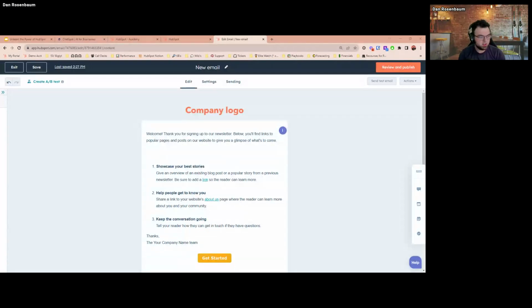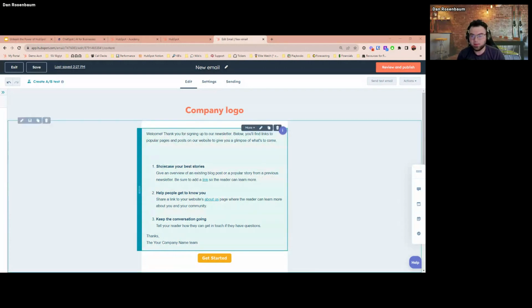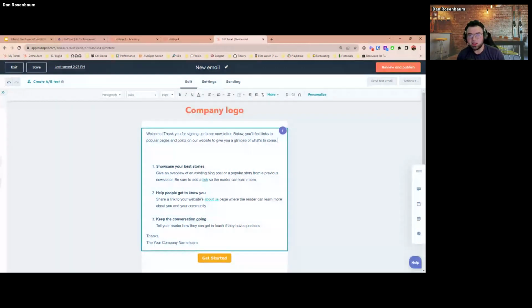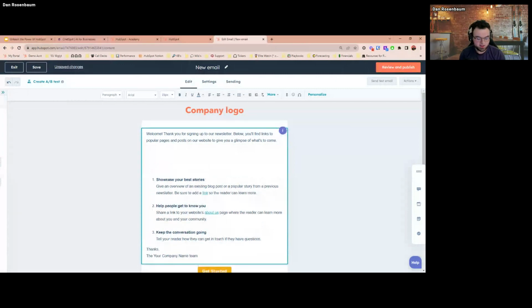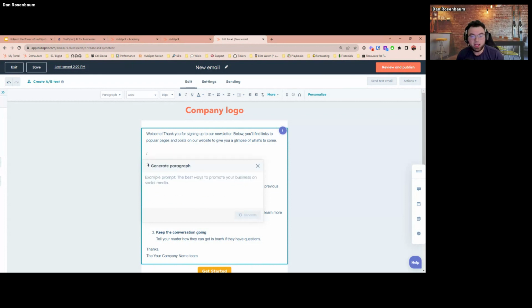Other languages. Okay. And then if you don't have any existing content and you still want to generate something, what you can do is hit the backslash, one of the slashes, the one on the bottom right next to your shift key. That is the way to activate Content Assistant wherever you are. So if you don't want to highlight a block of text and you want to generate something brand new, you can do that. We can generate a paragraph or a heading. I'm going to generate a paragraph, and you're just going to type in a basic prompt here.